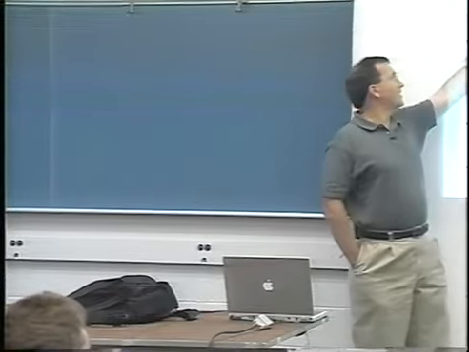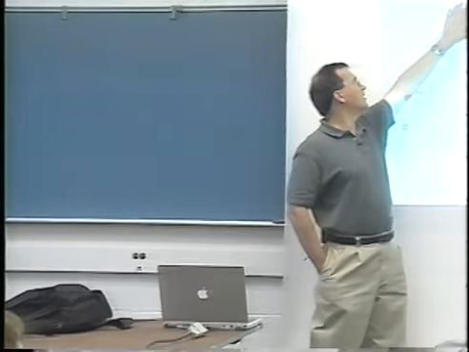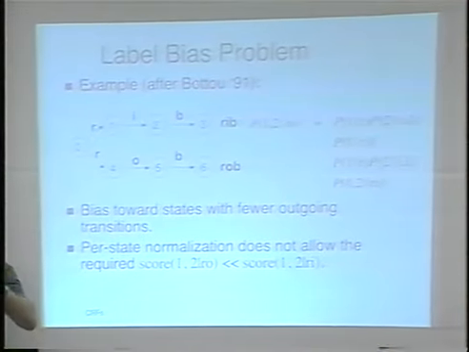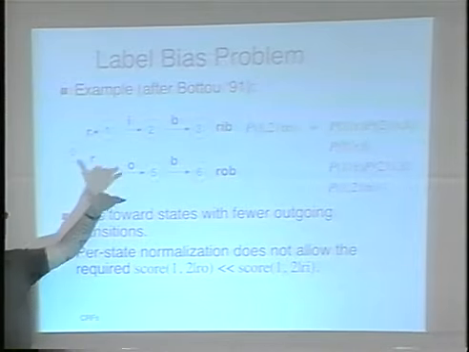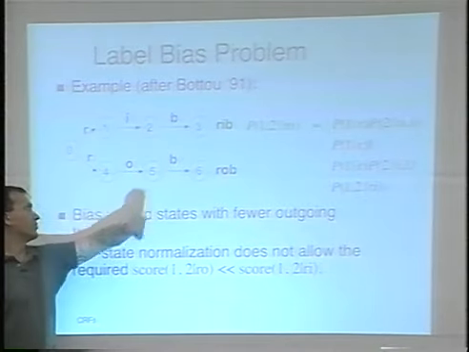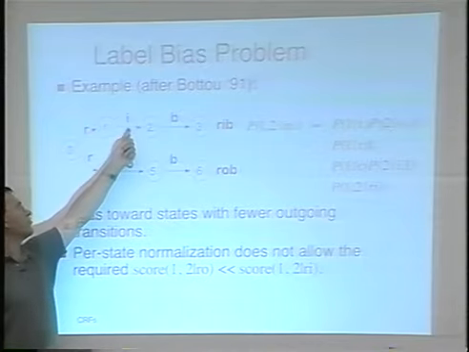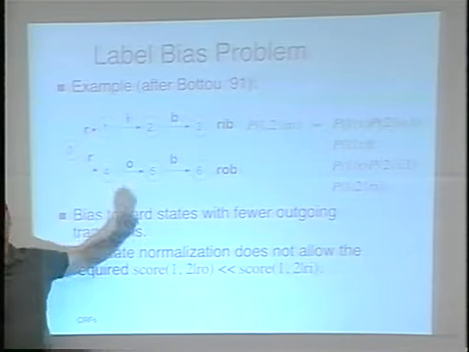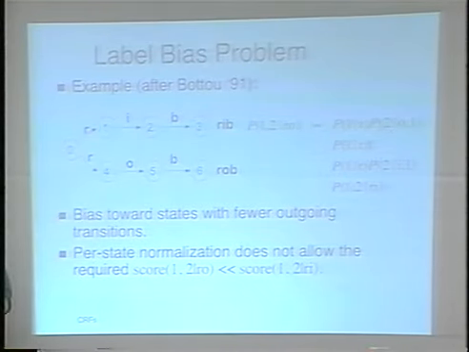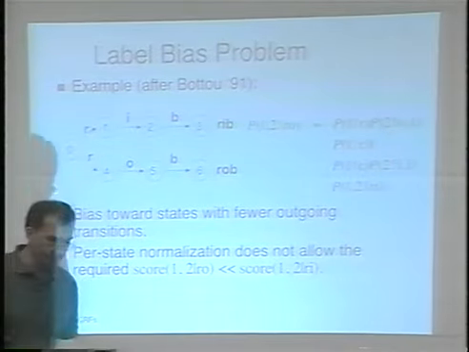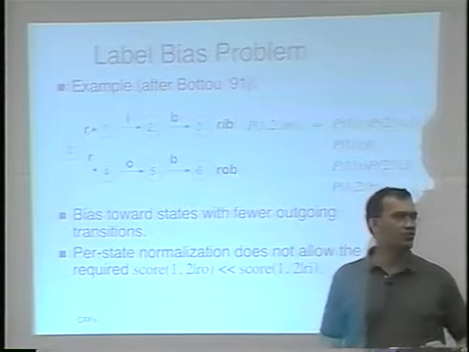In fact, if you think about log probabilities for a moment, it says, well, what's the penalty of going from here to there? If I have a no, that penalty is 0, or just about 0 if there's some little leakage between these things. Whereas in an HMM, I say, what's the probability of observing an O given that I'm in state 1? It's going to be minus infinity. That path is going to be blocked if I have a no, but not with a conditional model, a per state conditional model.